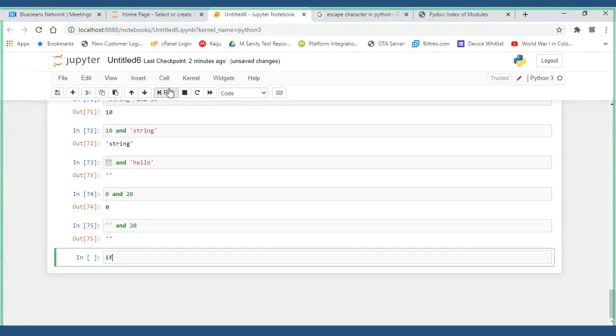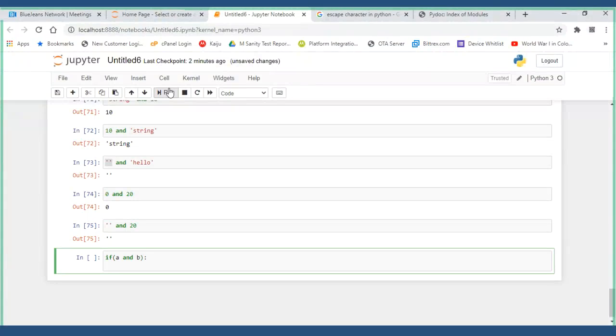Like this you'll be doing A and B, then you'll be going to print hello world, something.